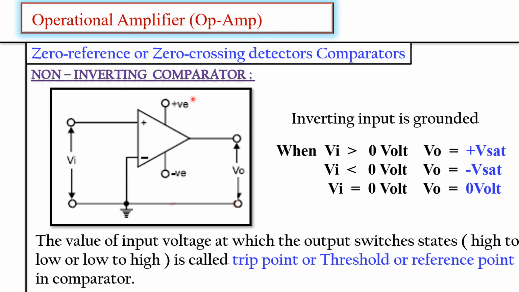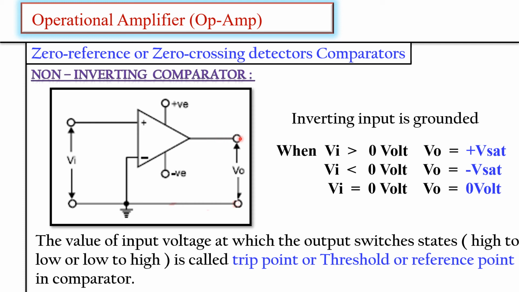That means when the input voltage is greater than 0 volt, the output will be positive saturation, and when the input voltage to the non-inverting terminal is negative,